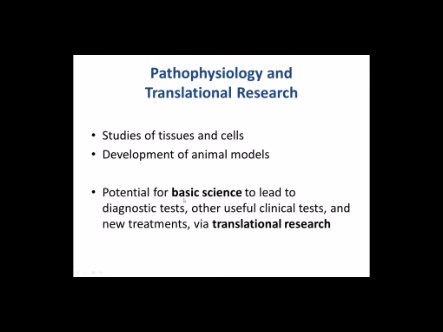But in any case, not everything in basic science immediately translates into, or even eventually translates into, something that's useful to patients, but it sometimes does, and there's the potential for laboratory science to eventually lead to diagnostic tests or other useful clinical tests to see how a patient is doing, and to new treatments. That whole process is called translational research. I'll give a couple of examples that are not current, but going back. This is how the ANCA antibodies were discovered. That eventually also led to the use of B-cell directed therapies. This is how hepatitis C virus was found to be associated with the majority of cases of cryoglobulinemic vasculitis. Those are two of the biggest advances in rheumatology or in immune-mediated diseases in the past 20 years.